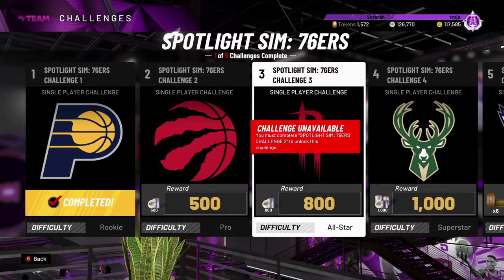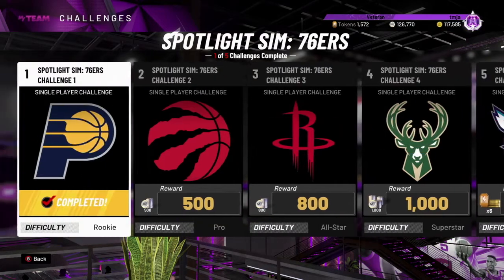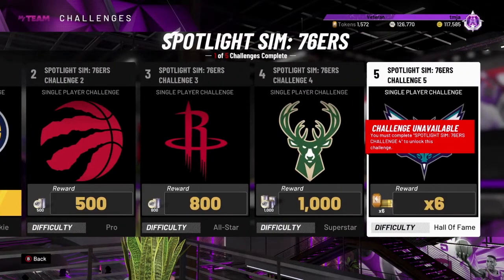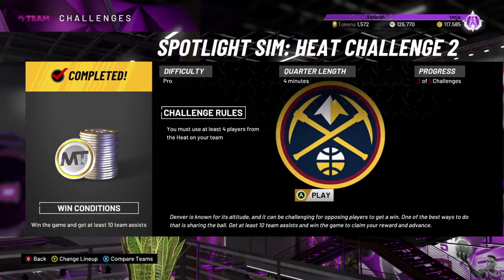But also as you go along, the difficulty increases. It eventually gets up to Hall of Fame, but I'm going to show you guys how you can beat all of these very easily and very quickly. Before we do that, we're also going to look at the Heat set here. For this one, I needed 4 players, and there's also sometimes a little condition that you have to meet,